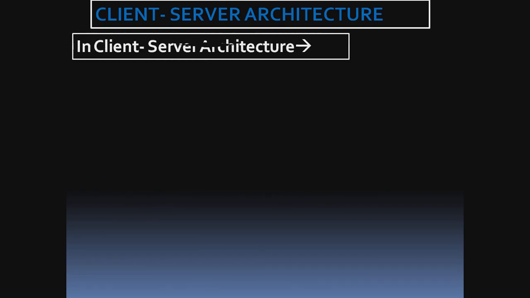So for that, we should understand a concept, an architecture which is known as client-server architecture, students. Whenever suppose we try to surf internet, we try to find a website from the internet or see a website from the internet, we should understand we are a client for that given service. We are requesting for the website, so we are the client, and the web server which is actually responding to our request is the server. So this architecture is known as client server architecture.